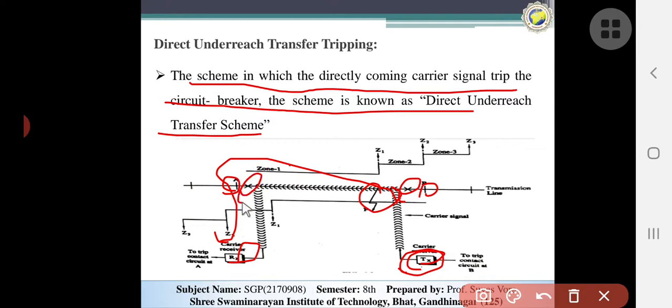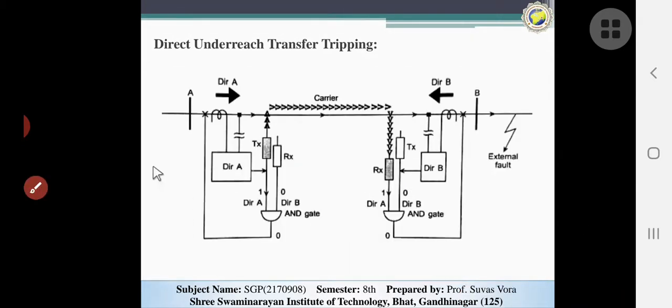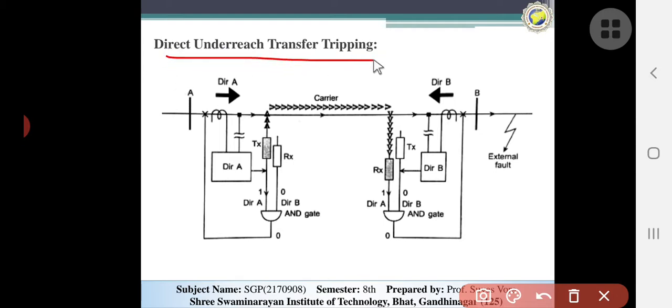So this scheme sends the tripping signals to trip the circuit, which operates and closes the contacts of the circuit breaker at station A. So this is called the direct underreach transfer tripping scheme. So here you can see that in the direct underreach transfer tripping scheme,